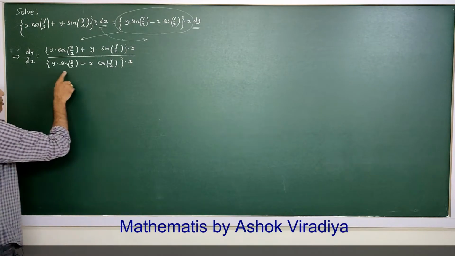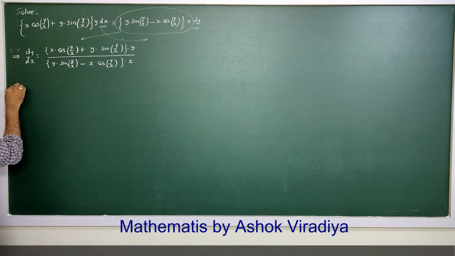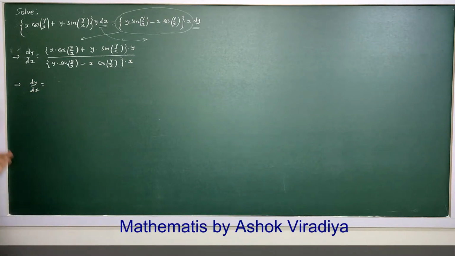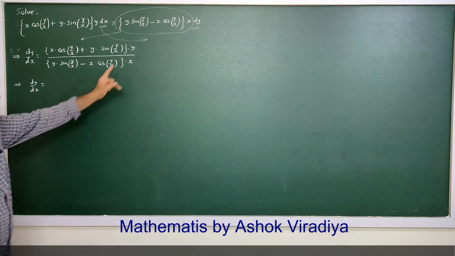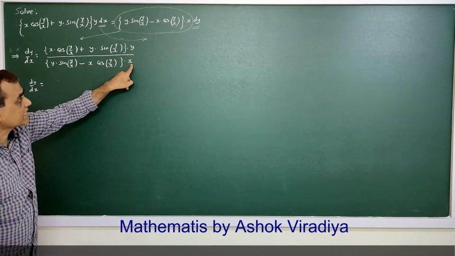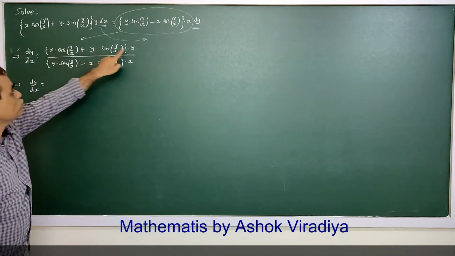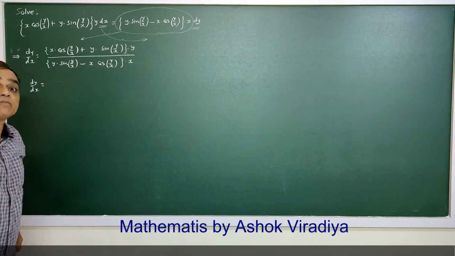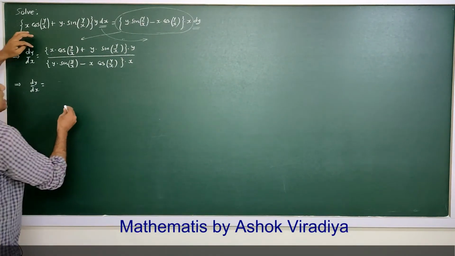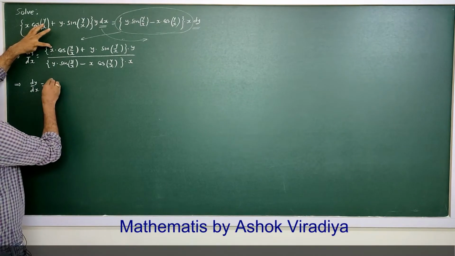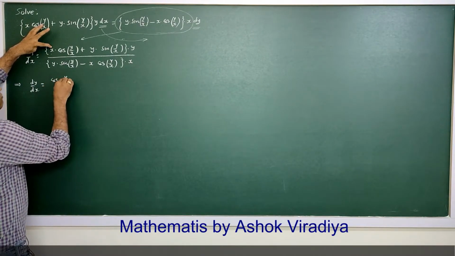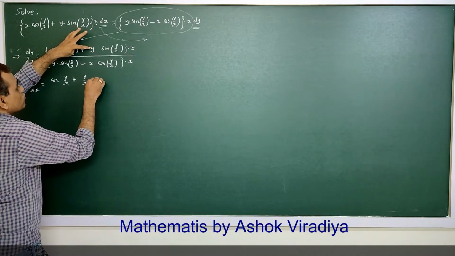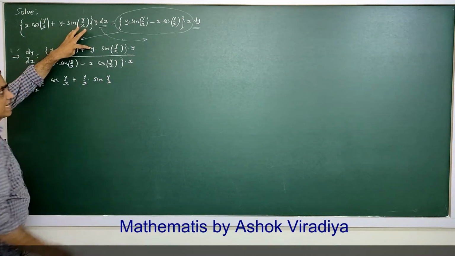Similarly, in the denominator I am also dividing by x. So numerator and denominator are divided by x, or we can say x square, because here there is one more y and one more x. So x into y, and here y into y is y square. That's why we divide by x square. Dividing by x square, this x will be removed: cos of y by x plus y by x into sine of y by x.